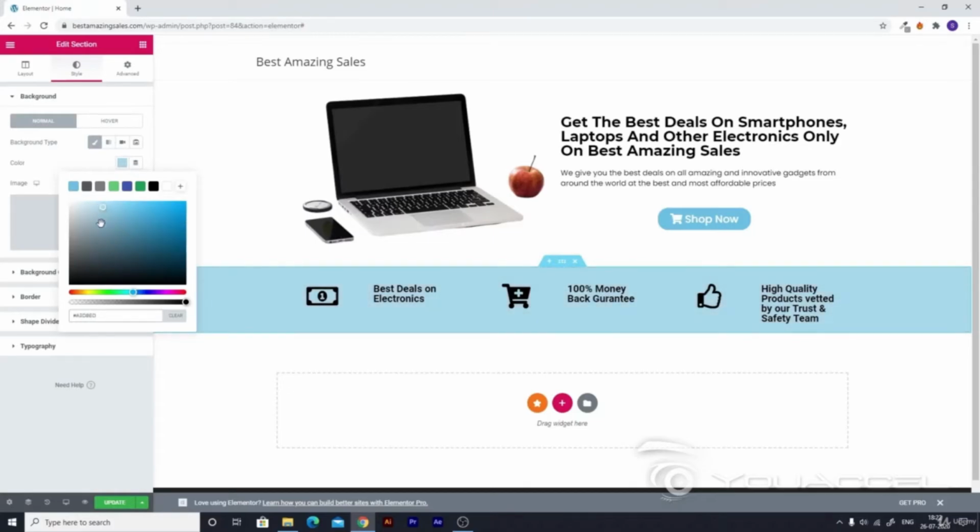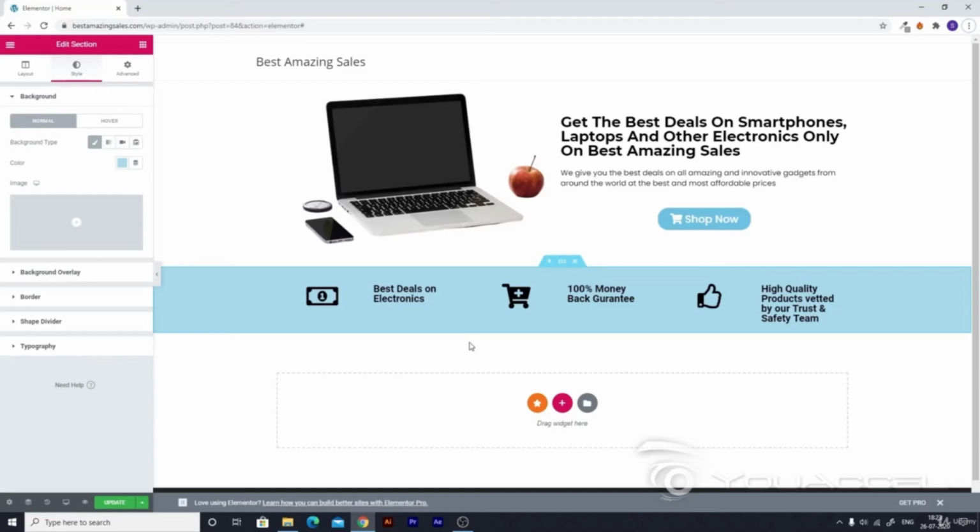And I think that this color is perfect, and you can see its hash code right here, which is A8D9ED. Now let's make it a bit better looking. And how can we achieve that? You'll see that there's a lot of space between the icon and the text, and you'll also notice that if we make this a full section, like if this icon comes here, then it would look much